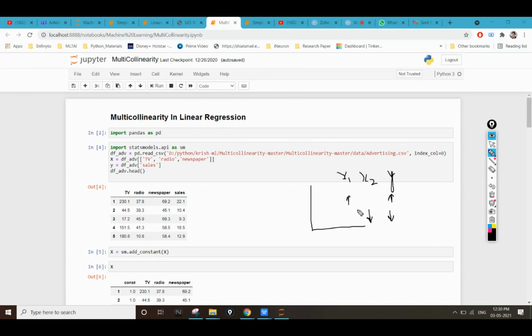So we can say that the values of x1 and x2 are interlinked or interrelated.